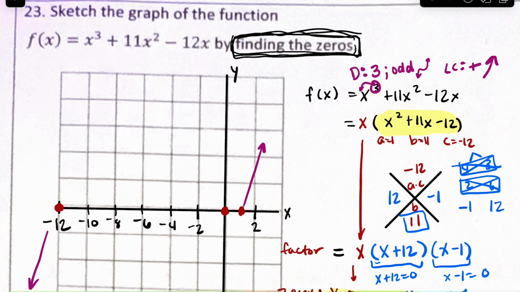So now let's just connect all the dots here. It would look like this, and then it will go through 0. Let me make that better. 0 here, and then up here. So this is